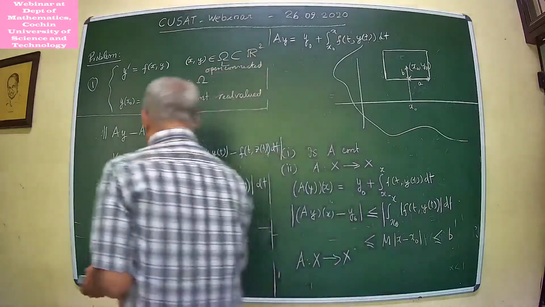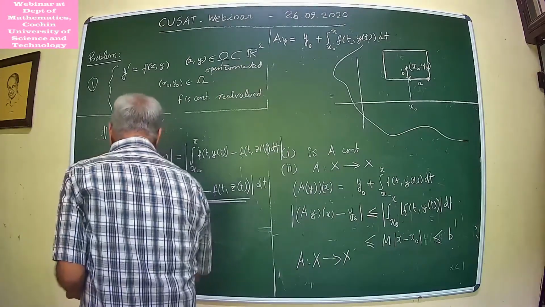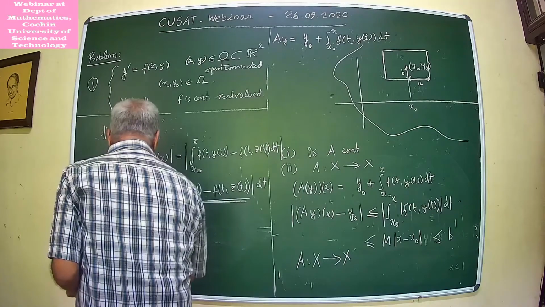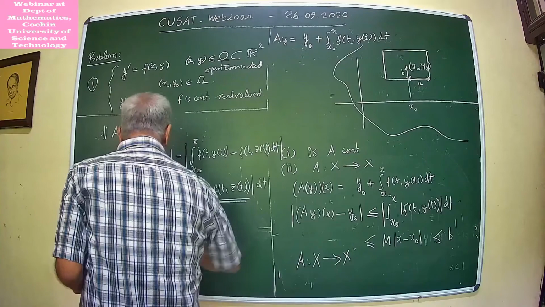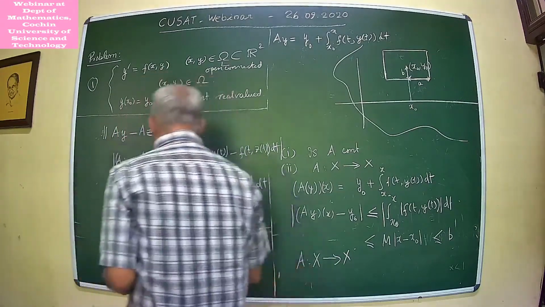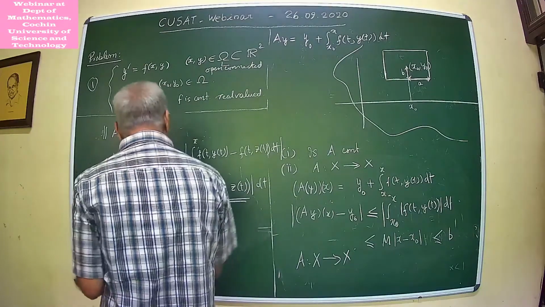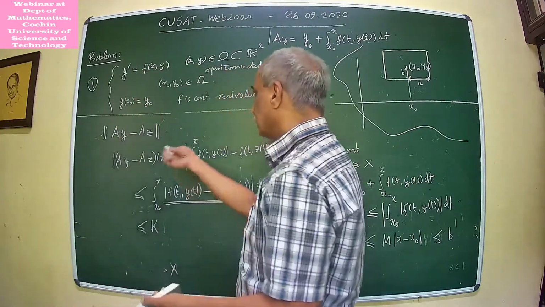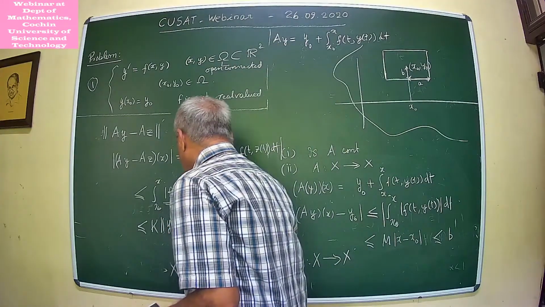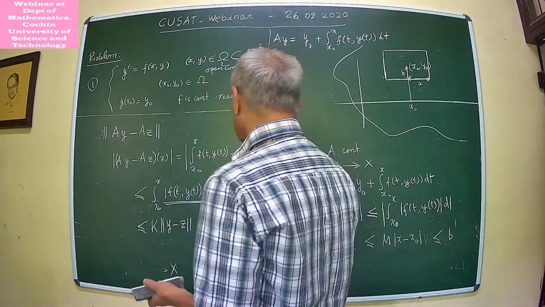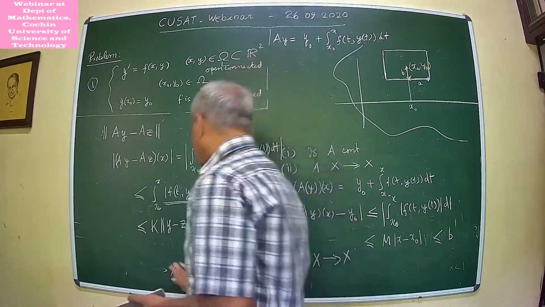So what does the Lipschitz condition say? The Lipschitz condition says that K is a Lipschitz constant, and you have this one, mod y(t) minus z(t). So you take the supremum of that over the interval x naught minus h to x naught plus h. So you can get the norm of y minus z into mod, and this is less than or equal to